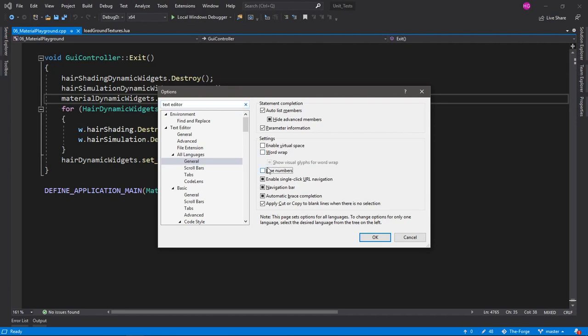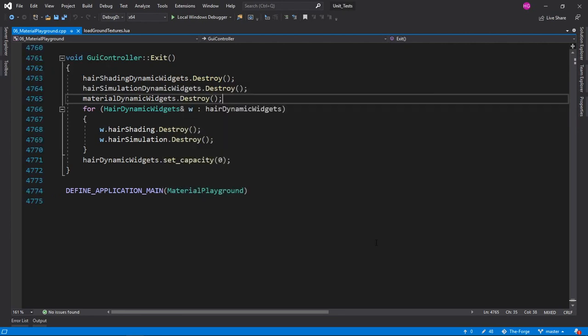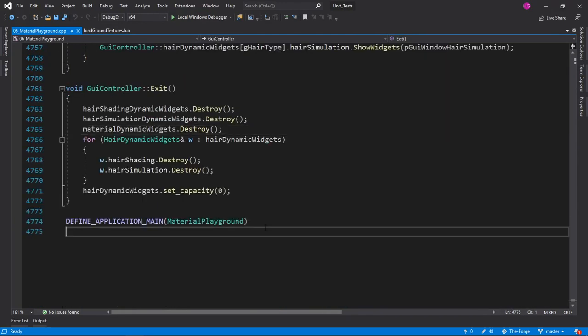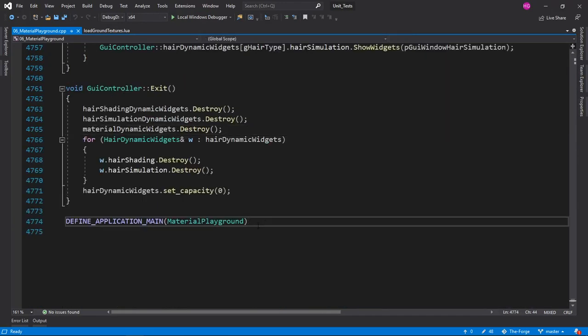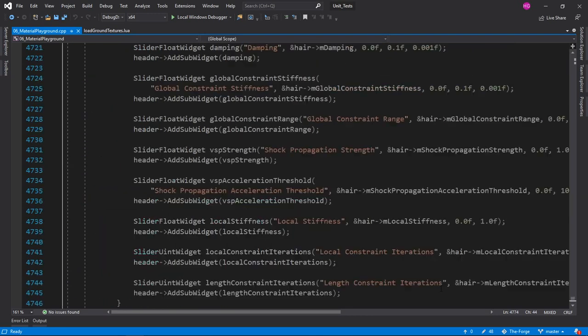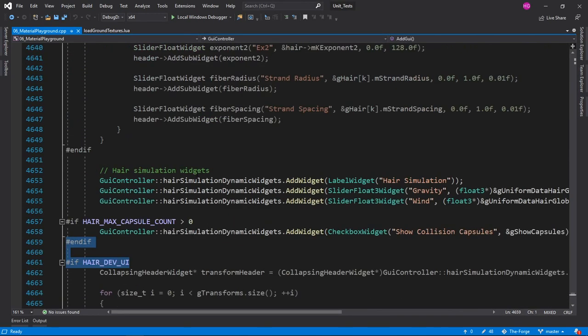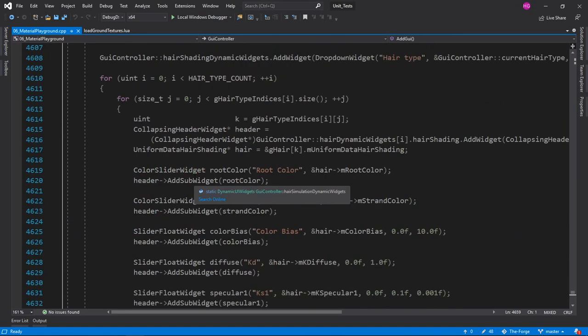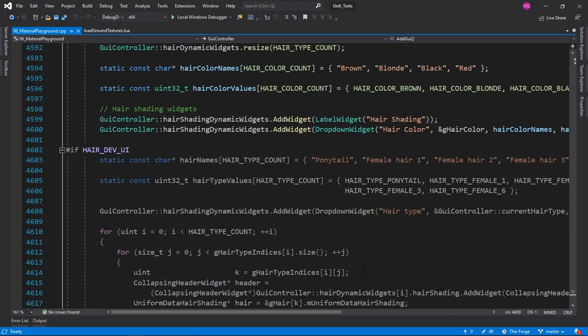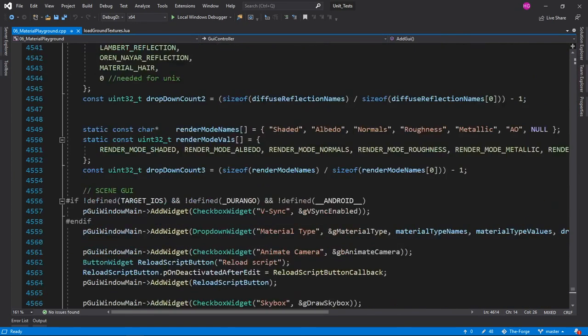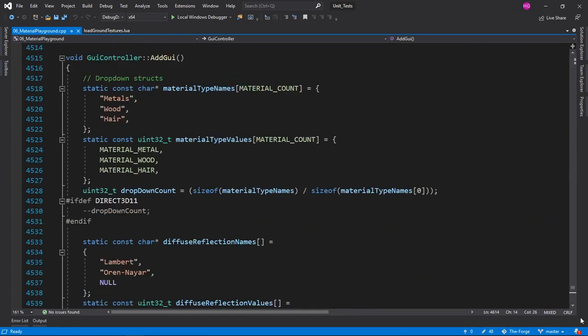Well, let's check for all, I guess. Alright, here are my line numbers. So yeah, this is example code. This is like 4,700 lines of code, and lots of macros sprinkled all over the place. The code is pretty much not C++, and yeah, I will try to